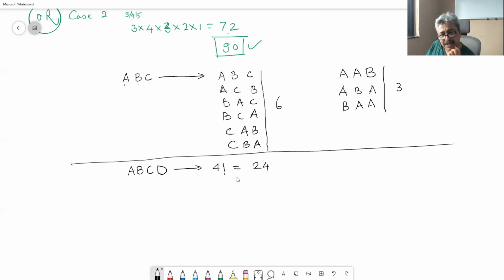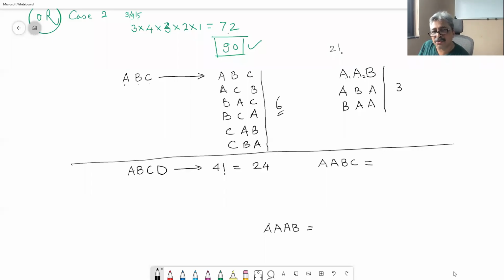Now, if I say A and D look alike, and B and C look alike, of course the count will be less, just as it was less here. So how much? Maybe you can find this out. And maybe a third situation, where 3 of them look alike. What will be the answer? I will wait for some time. I don't want you to rush. I know there are a few students who know this, therefore they will give the answer very quickly. It does not matter.